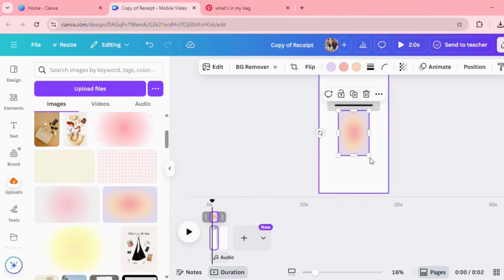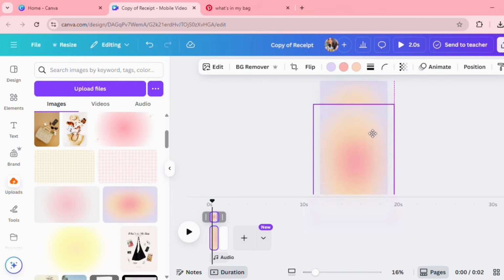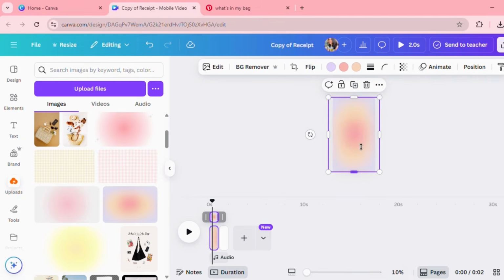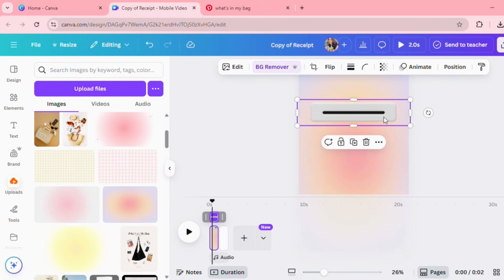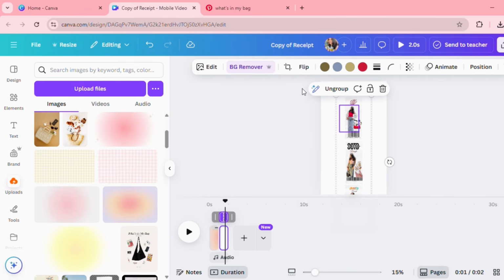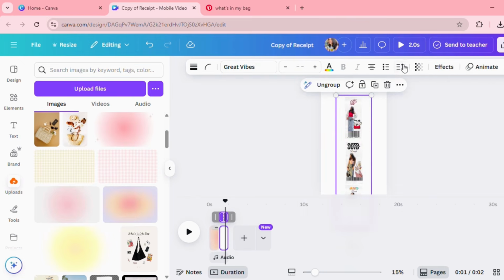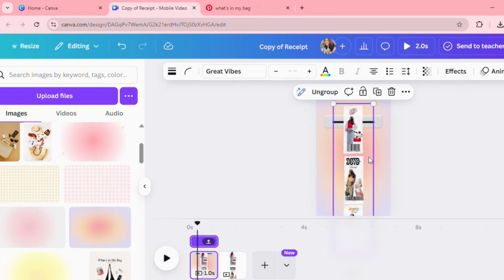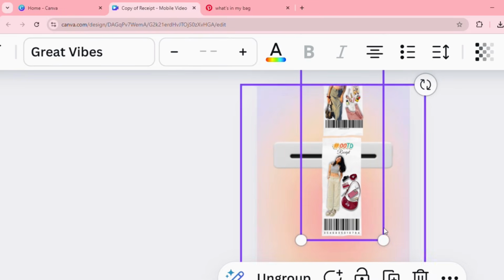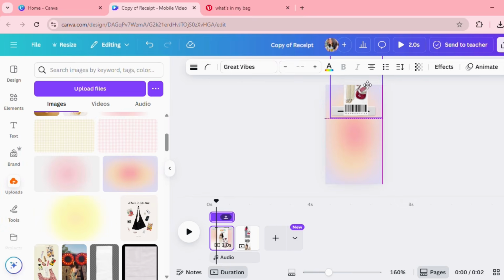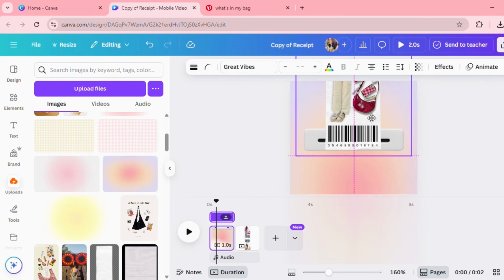Now upload any of the pastel images as a background and send it to back. Now duplicate the background layer and crop it until the receipt element and make sure to send it back of the receipt machine. Now go to the grouped layer of all the crumpled papers and you can copy paste it directly on the first layer of the video where you want the animation to be done.